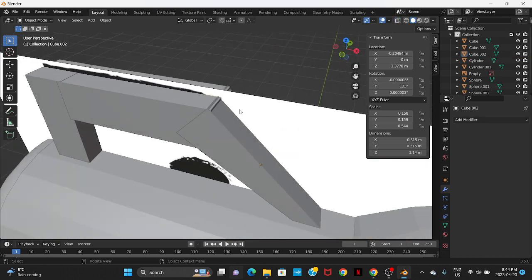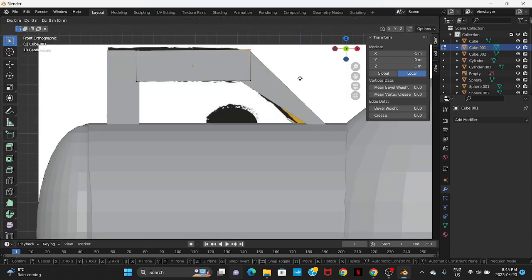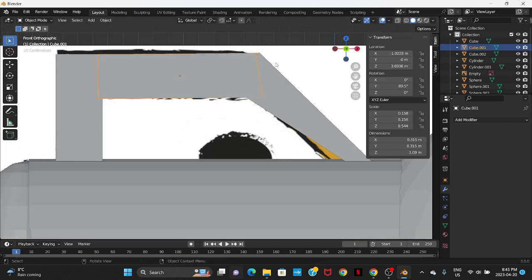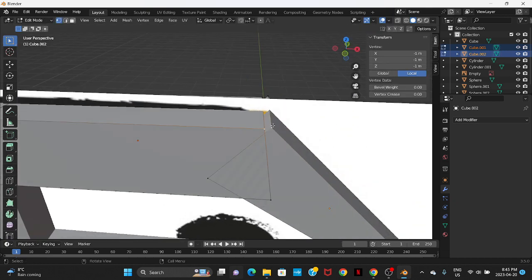And let's see, it seems to be overlapping here, so let's move those vertices out,